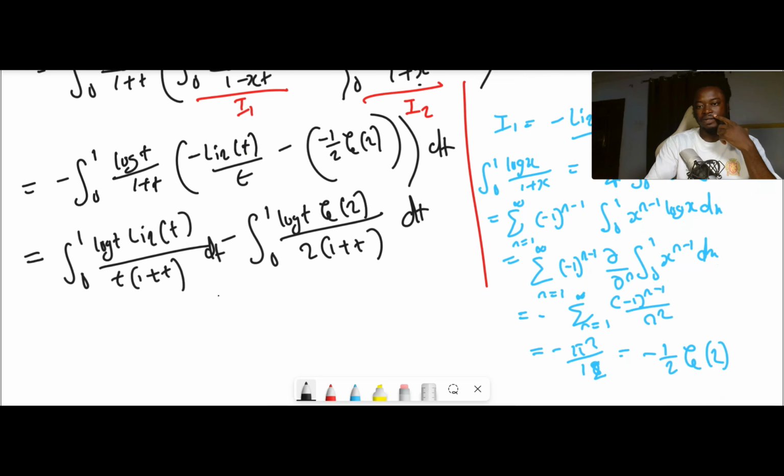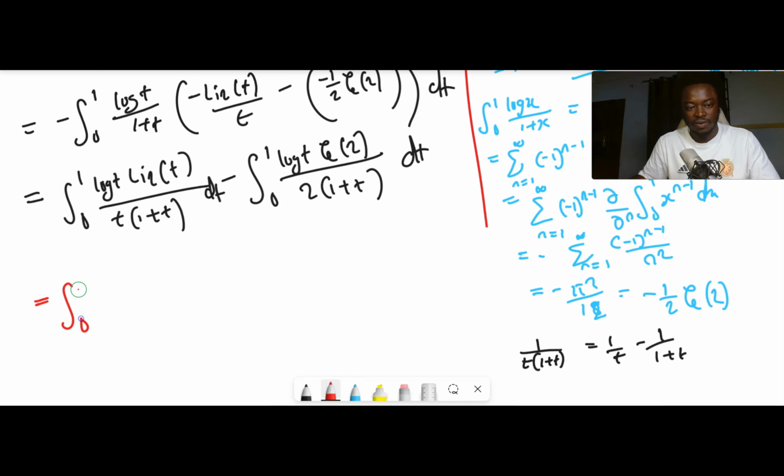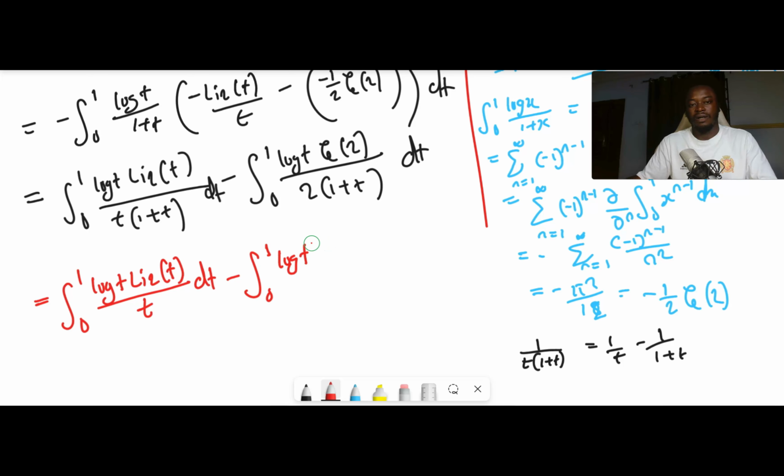Then next, we can proceed, and we're going to do the bottom part in partial fractions here, because I think 1 over t(1 plus t) should be 1 over t minus 1 over (1 plus t), because if you add them up, you will have this to be the integral from 0 to 1 of log t, the logarithm of t, all divided by t dt, and then minus the integral from 0 to 1 of log t, the logarithm of t, all divided by 1